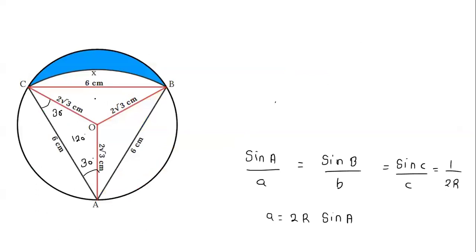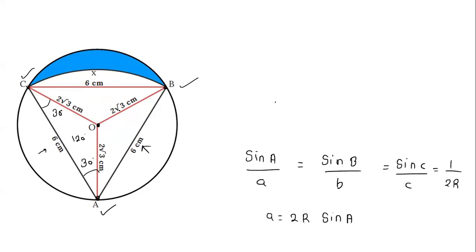So you can see this figure. In this figure, I drew this as 6 centimeter and this as 6 centimeter because it is given in the problem. And I also place this point as A, this point as B, and this point as C, and this point as O. So this is my new notation of these points. I call this point A, this point B, and this point C, and the center of the circle as the point O.